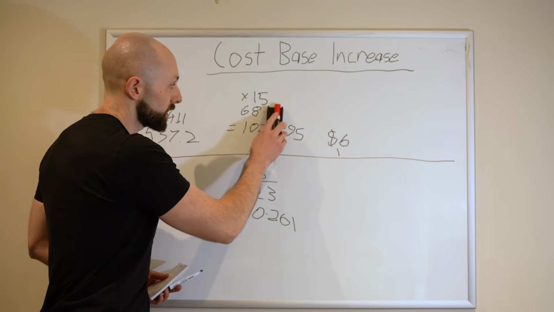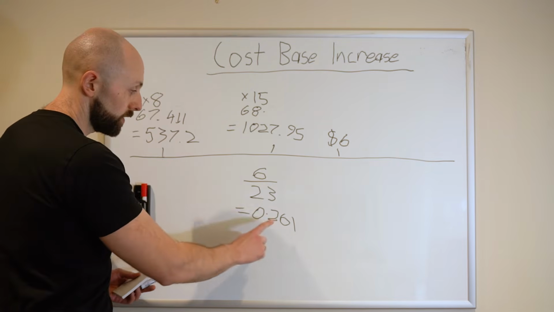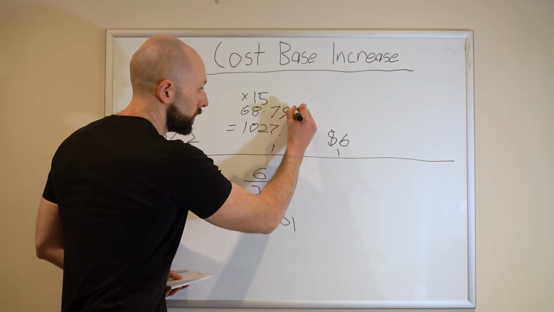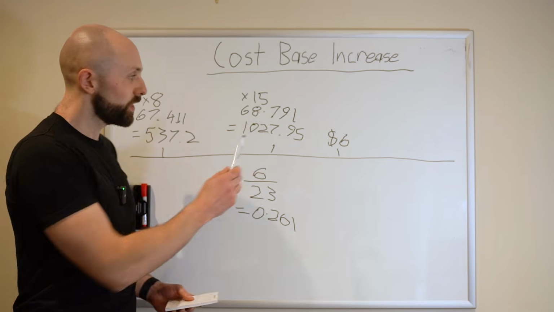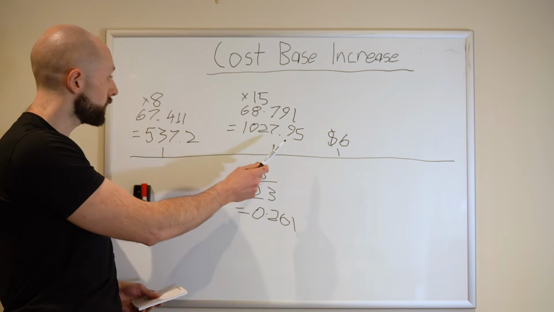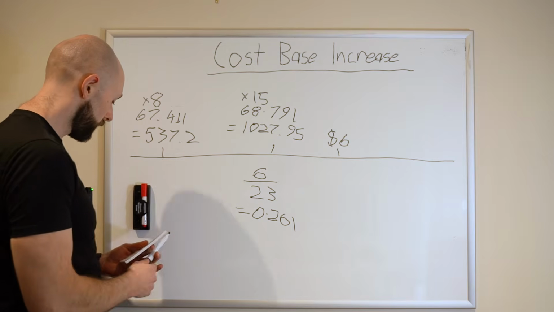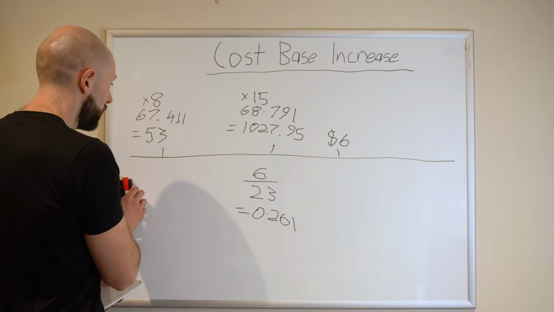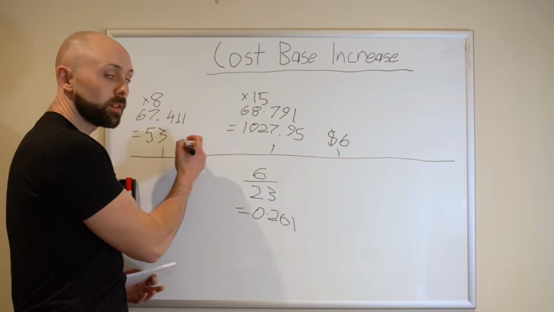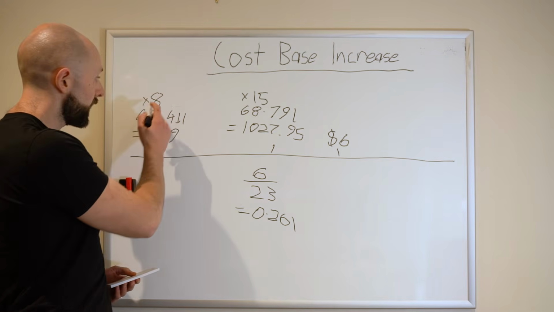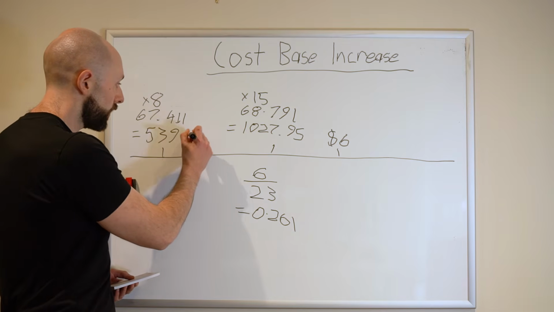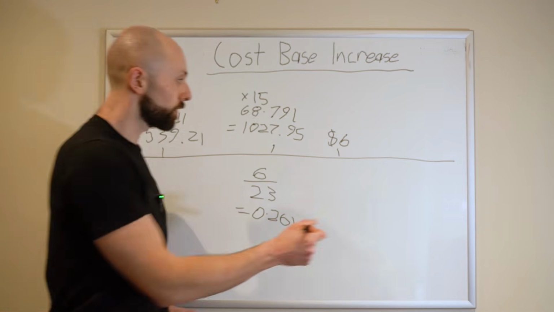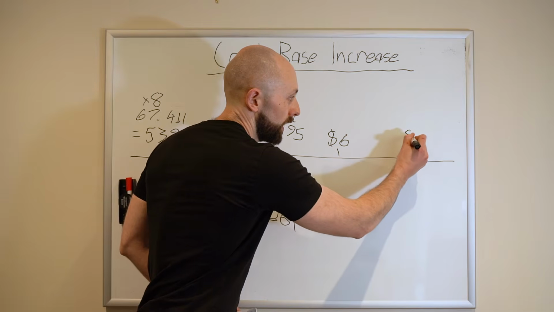This one goes from 68.53, so 68.53 plus that gives us 68.791. So that is now how we've applied the adjustment across the shares. So this one becomes, we're doing 8 times this now, 539.21. So if we now do a sell trade in the future, so imagine we sell 8 shares at some